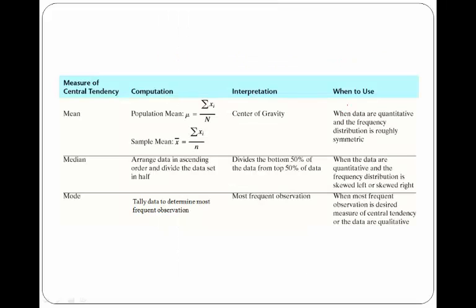This is just a review of the mean, median, and mode and their definitions and the formulas. And now you're ready to